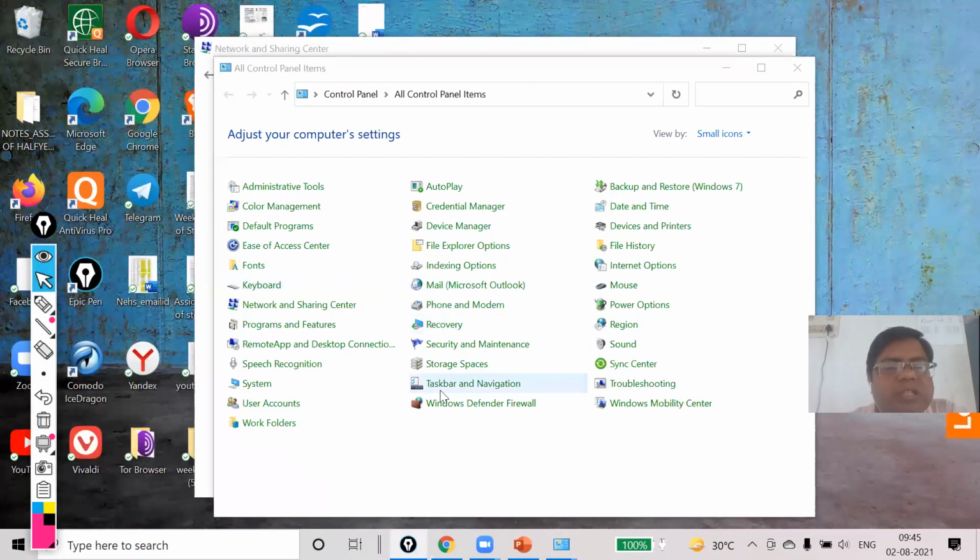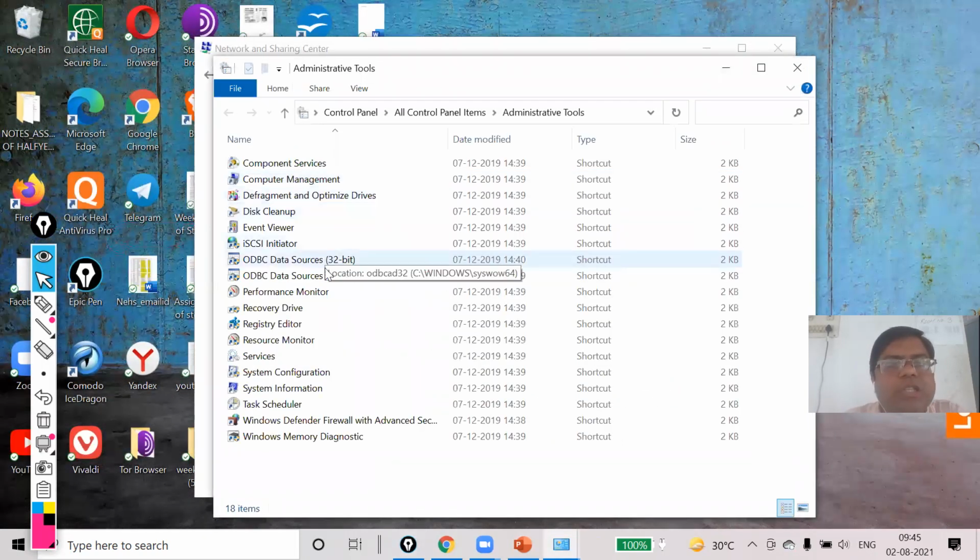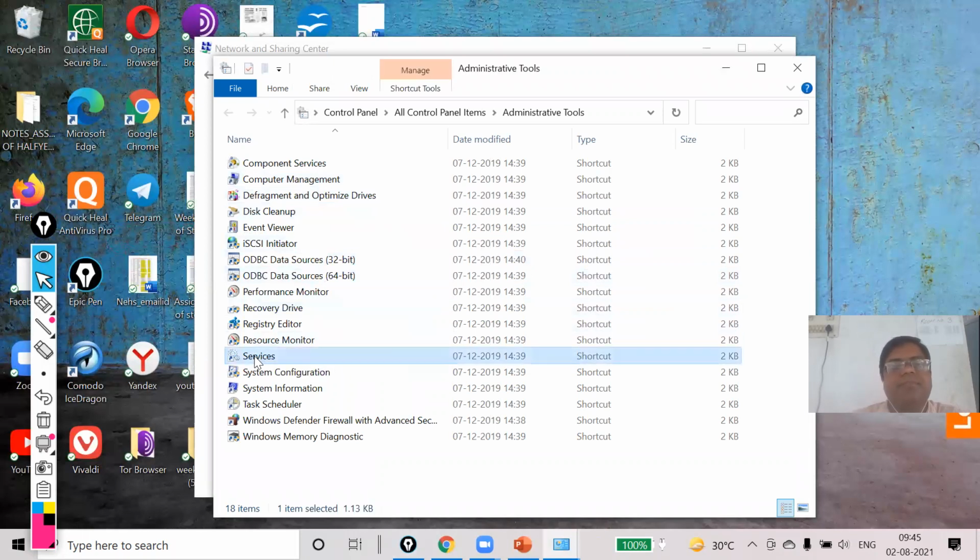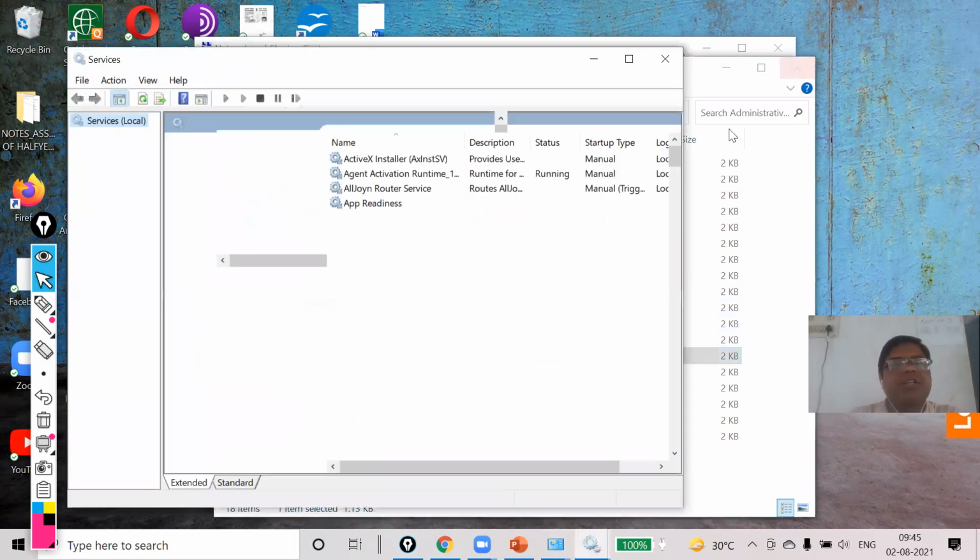Now the next one, search for Administrative Tools. Here, the first one. Now click on Services. Wait, it is taking time.